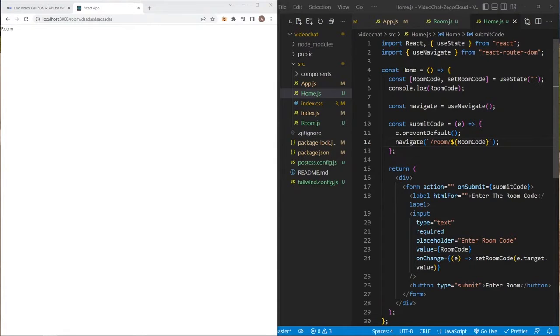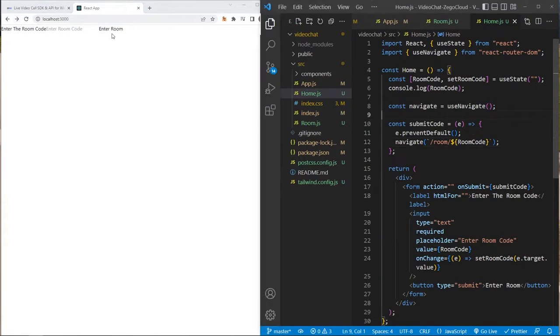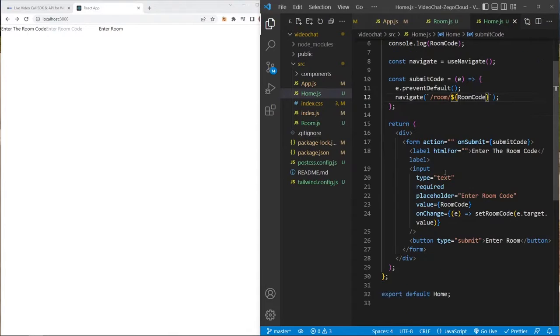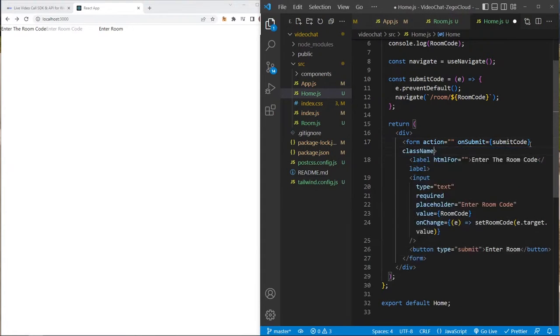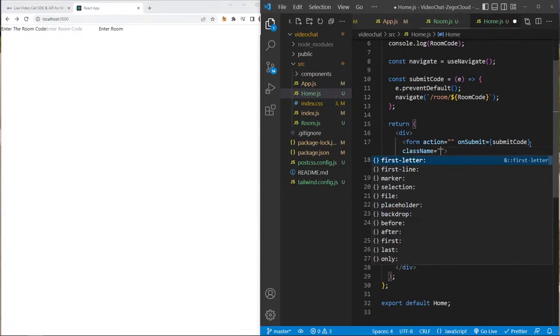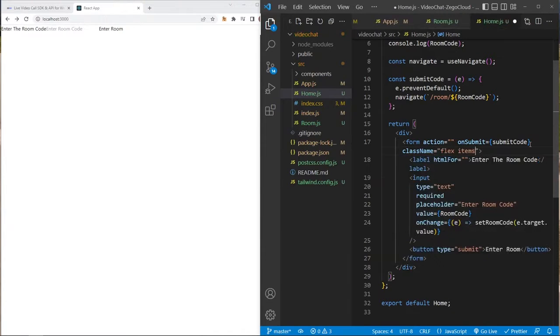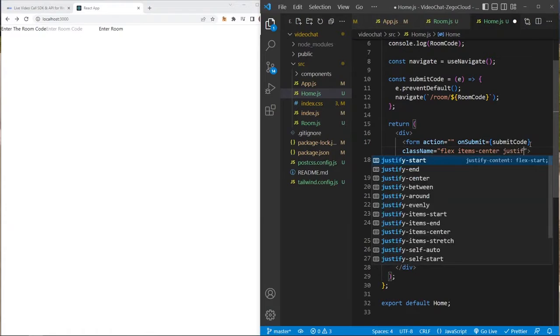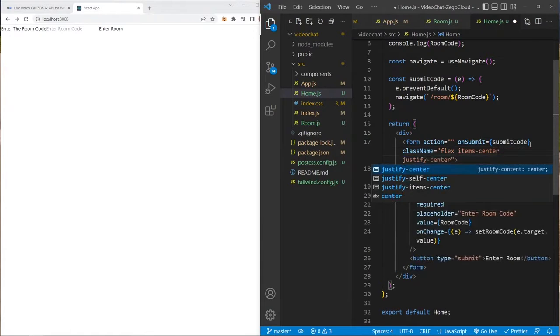So let's continue. Now we've basically set this up. So the room page, it's pretty much done. Let's make this look a little bit better. We'll make it look better after we make this application work, but for now I'll just say, for example, enter the room code. So there should be a form. I have a class name right here, class name equals, this is Tailwind CSS, guys. So I'll make them flex items center, justify center,